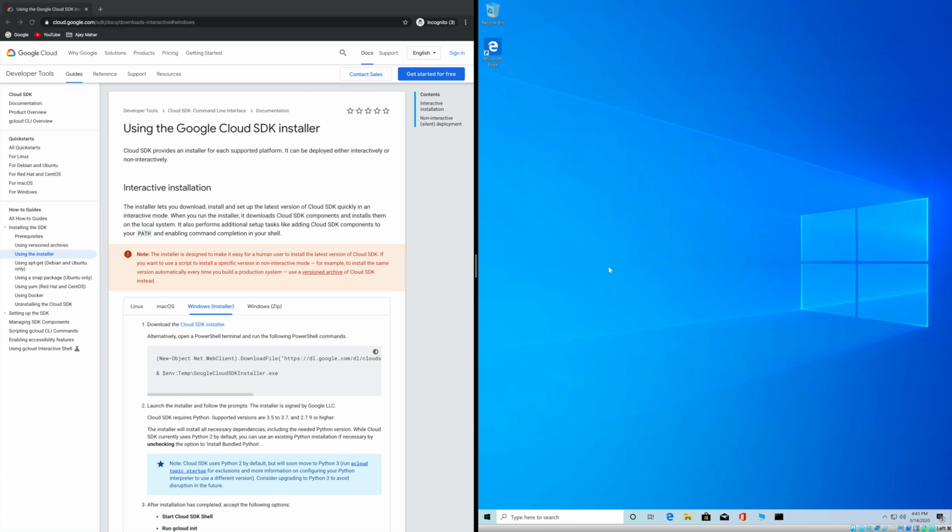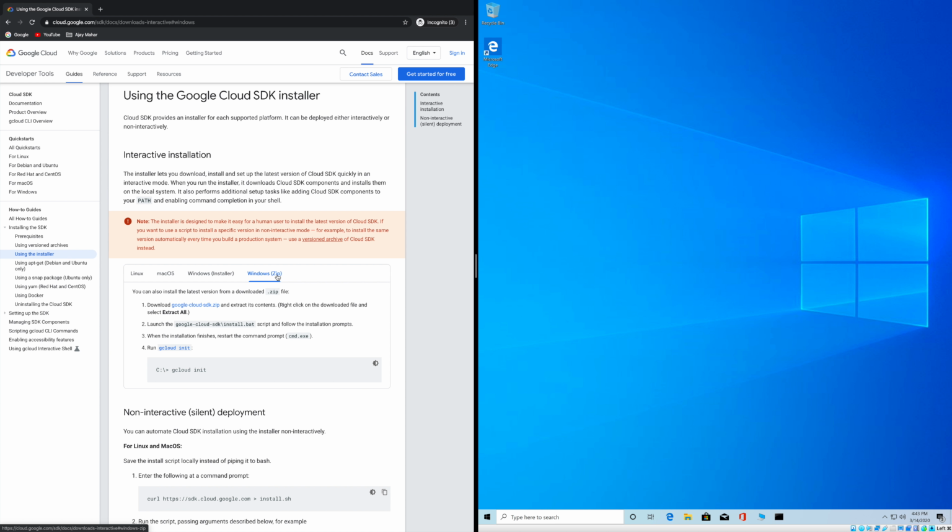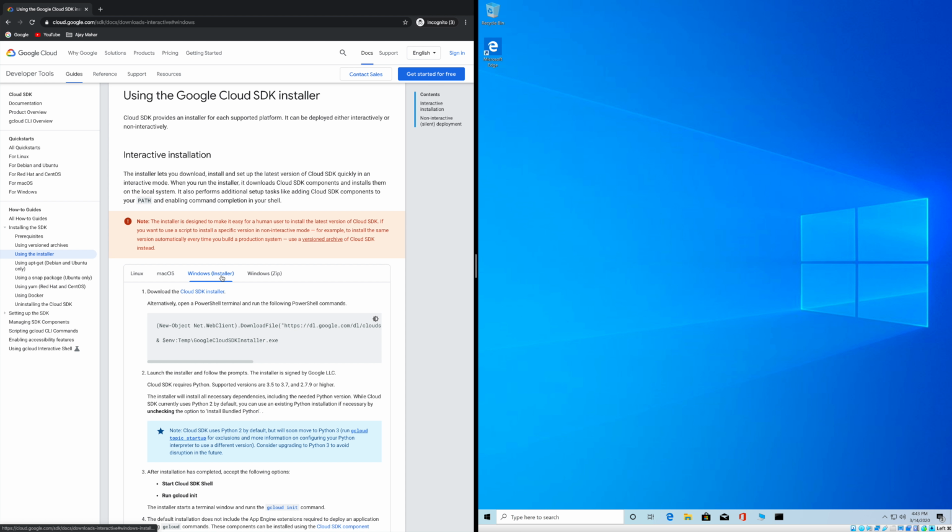So here is our Windows machine, and we are going to follow the Windows installer steps. You can also download the zip file to your Windows machine, or you can just follow these installer commands in your PowerShell terminal and it will start downloading the exe file. In this video we are going to follow this Windows installer instruction. So I'm going to copy this instruction,